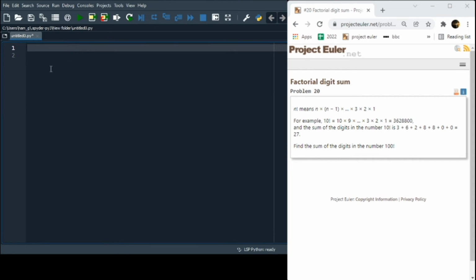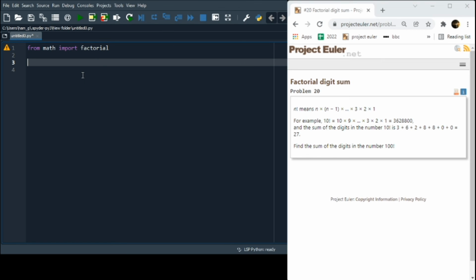pretty simple. I think math has its own factorial function. I'll just check. From math import factorial. It's not barking at me, so that's okay. Imported but unused. Okay. So then we do n equals factorial 100,